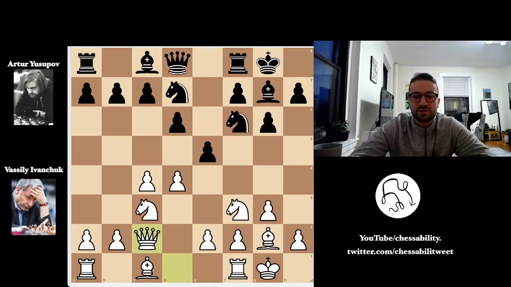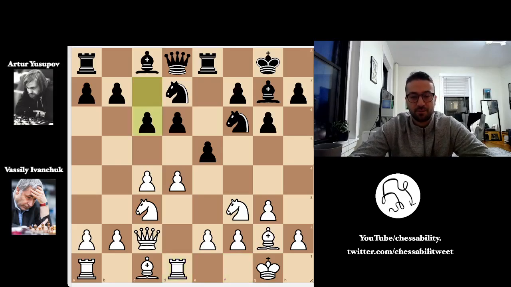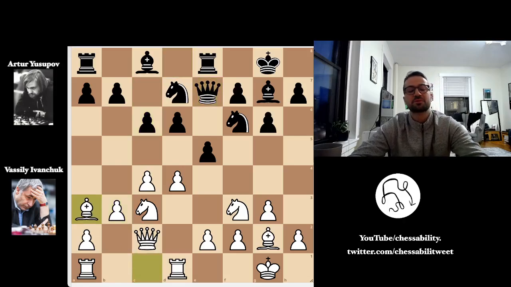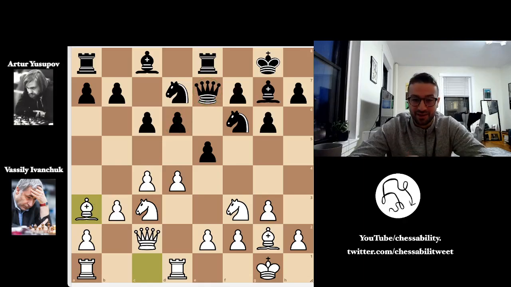We have queen to c2 by Ivanchuk, rook to e8 by Yusupov, rook to d1 lining up with the enemy queen, and now c6 by Yusupov, opening up potentially an escape hatch for this queen if needed. We have b3, queen to e7, and now bishop to a3 by Ivanchuk. And the idea here is to get this bishop on the same line as the enemy queen, so now this d6 pawn is pinned to the queen, it can't march forward, but the problem is that this allows Yusupov to